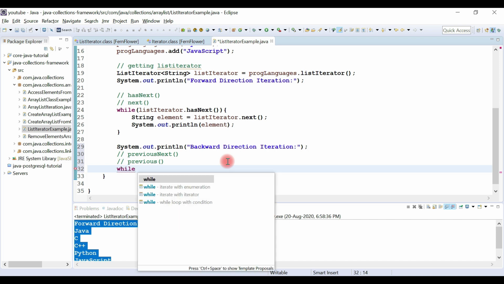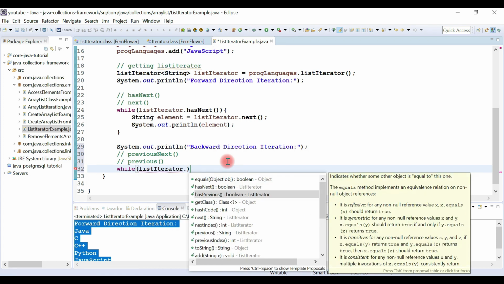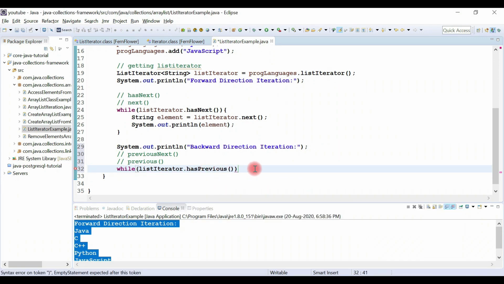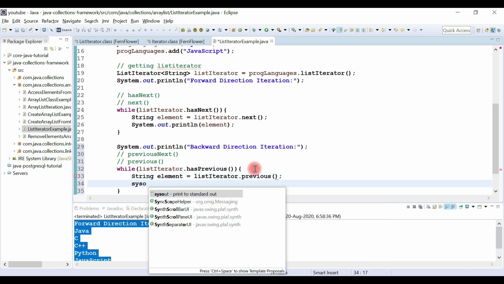Let's use a while loop again and call the listIterator, and then the ListIterator hasPrevious method. If you want to know more about the methods, you can read the Javadoc out there. Call the hasPrevious method here, and then let's get the previous element from the ListIterator using the previous method like this, and let's print the element to the console.